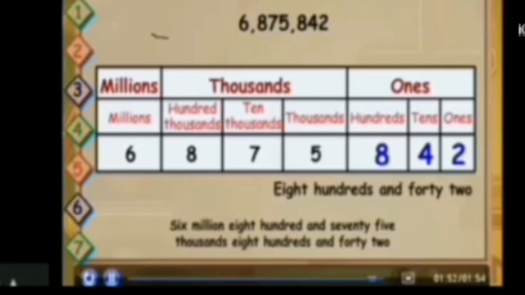So here in the Indian system we have 2 digits in the thousands period only, but in the international system we have 3 digits in the thousands period. In each period in the international system we have 3 digits, but in the Indian system, except the ones period, every period has only 2 digits. This is the difference between the Indian and international system.